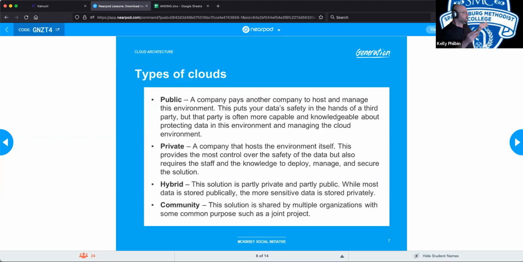They may have particular things that they're trying to develop together, but they don't want to merge the entire company. They'll have what's called a memorandum of understanding, which is an agreement between these organizations. They'll create a cloud where they will store that communal research. So it is a community cloud. Typically think of multiple universities working together on common research projects.